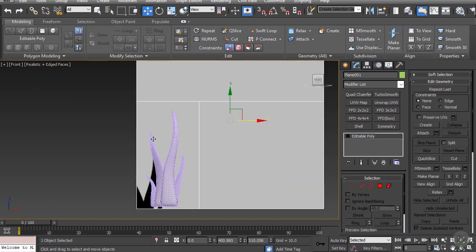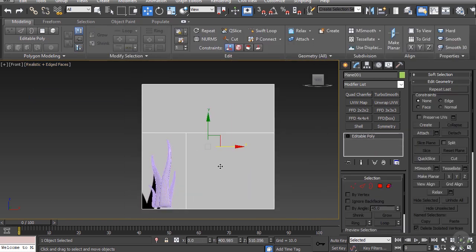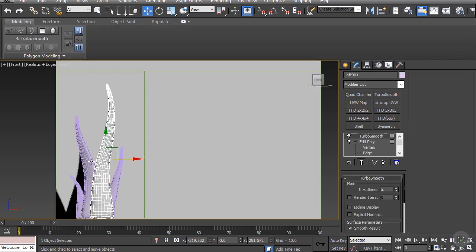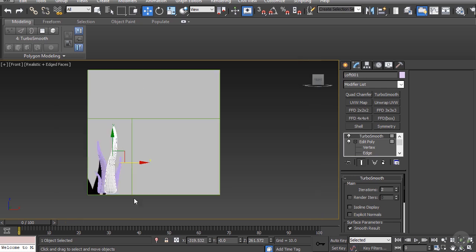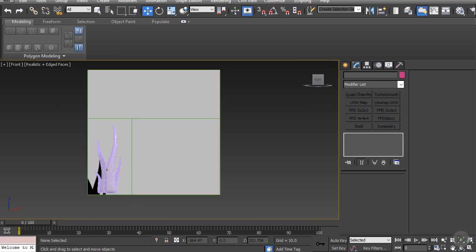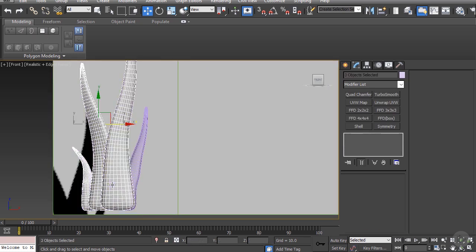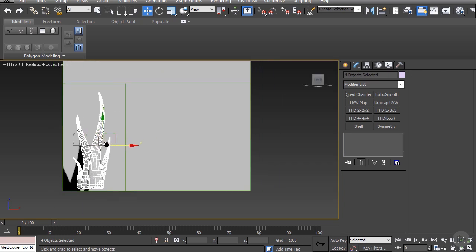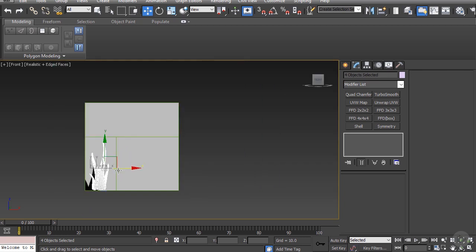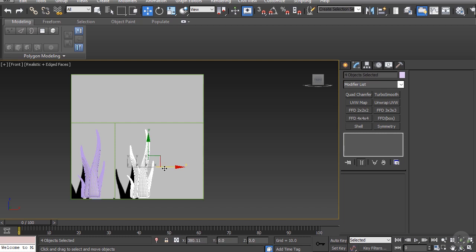If you're doing this tutorial, you should already be familiar with baking. What you would do is use this plane here as your low polygon, and then use these grass blades as your high polygon mesh in XNormal or Painter, and then you would be able to bake these into textures. So now that I have this one, I will actually duplicate this over here and start making